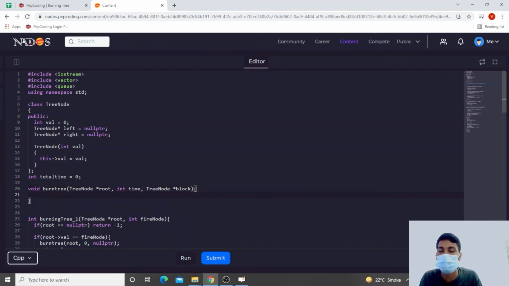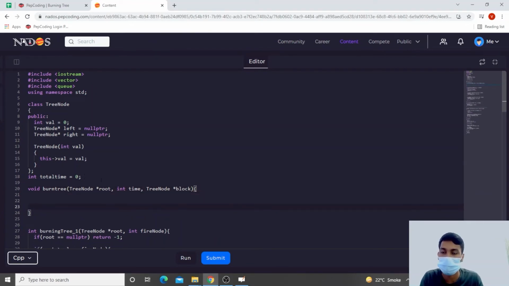Now what this function is going to do, first it is going to go in the left side, then in the right side. Okay, first we have to make 2 calls. Those calls are going to be at the left side of the tree and right side of the tree. So for this, what we are going to pass, we are going to pass root left with time as